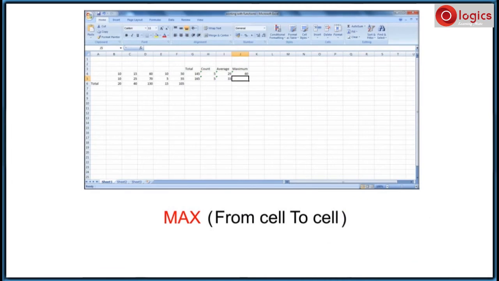Here I am going to perform the maximum function for another range of cells. I have selected cell J5 to get the result. From cell is B5 and to cell is F5. Type the colon in between two cells and equal to in the beginning of the function.